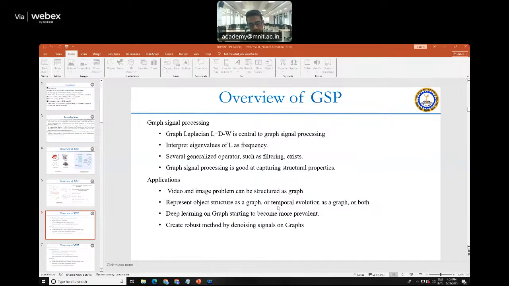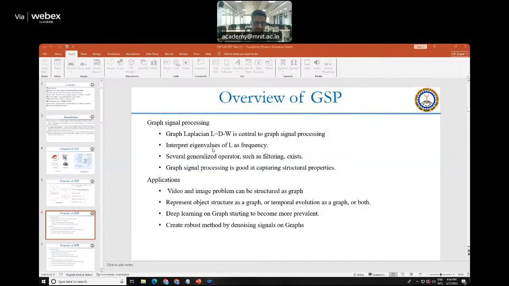Another thing, see, in any signal processing, the key thing is the frequency domain analysis. In the frequency domain analysis, what do you mean by the frequency in the Fourier transform? So here these eigenvalues are considered as the frequency. I will explain these concepts again on the whiteboard so that you can very clearly see,